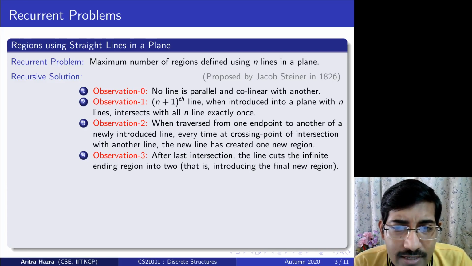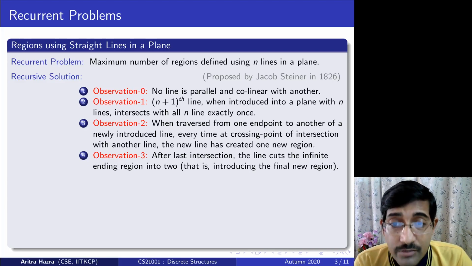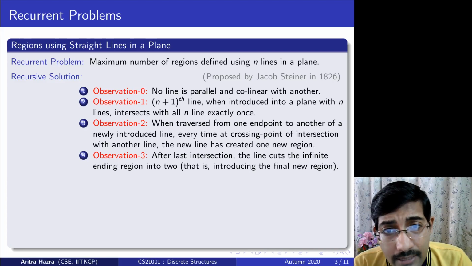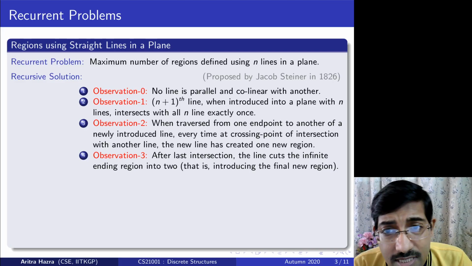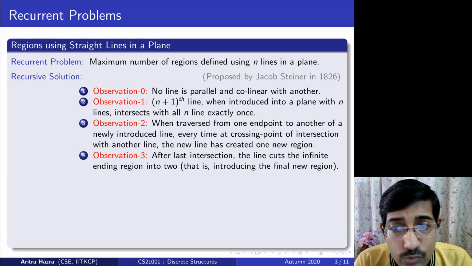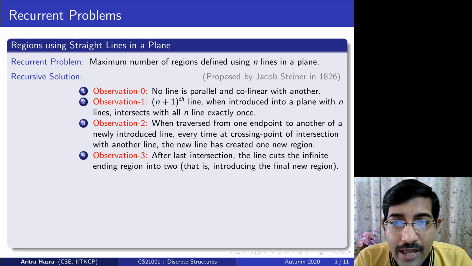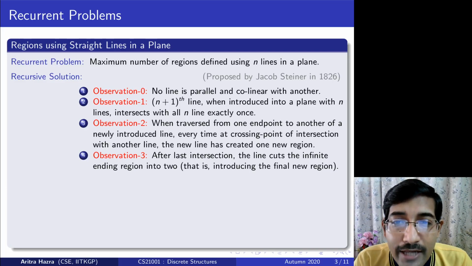So, what does this observation 2 and 3 summarize? Or rather 1, 2 and 3 summarize is that every n plus 1th line intersects with every other n lines exactly once, and while it is intersecting, it increments every region by once. So, n number of regions get incremented, plus the last one, when it tries to go out, the last region also gets increased. So, therefore, I have n plus 1 regions increased when I introduce the n plus 1th line,